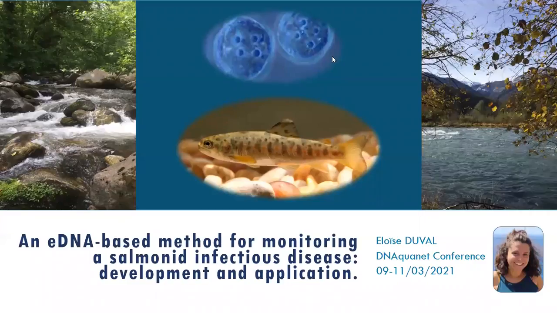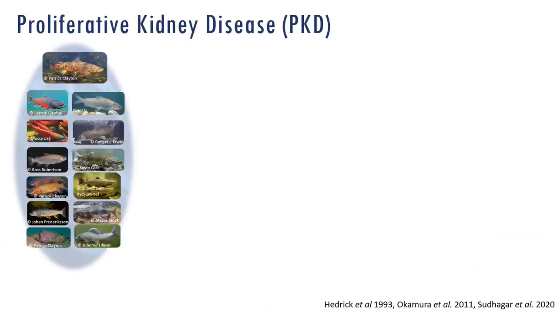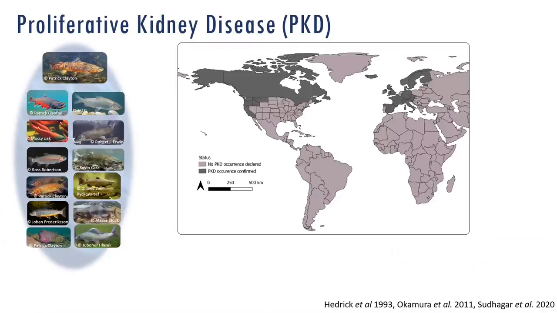Hi everybody, I'm happy to introduce a new eDNA-based method for detecting the presence of an endoparasite in salmonid fish. The myxozoan parasite Tetracapsuloides bryosalmonae is causing proliferative kidney disease and affects the whole range of salmonid species in Europe and North America. During the last 2 decades, it has been responsible for big declines in both wild and